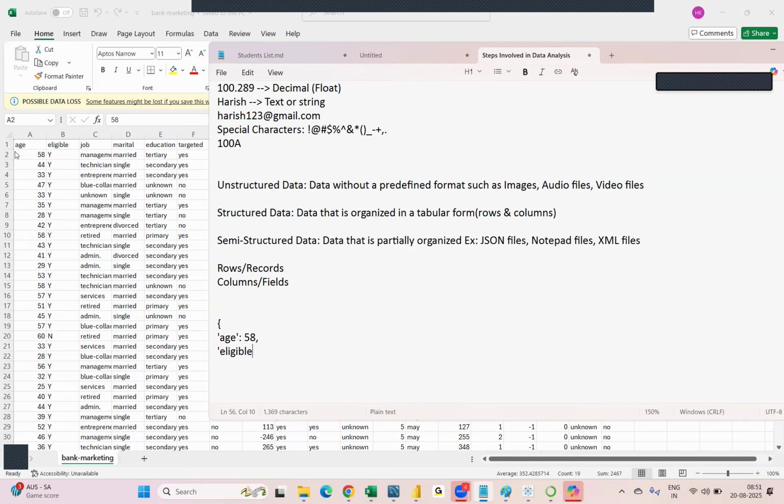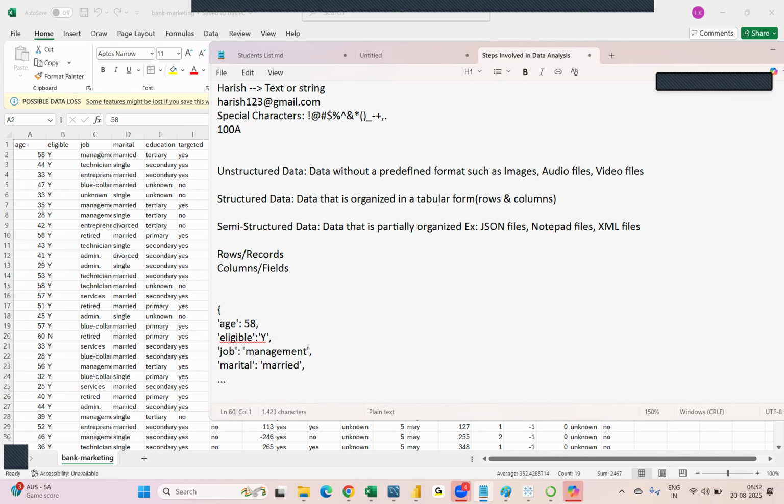Next one is what? Eligible. That is a column name. What is the value under eligible for the first row? Y. Okay. And then the next thing is Job. What is the value for that? Management. And the next thing is Marital. The column name is marital. What is the value present in the marital column for the first row? Married. So in this manner, you can keep on entering your details and you will close the bracket at the